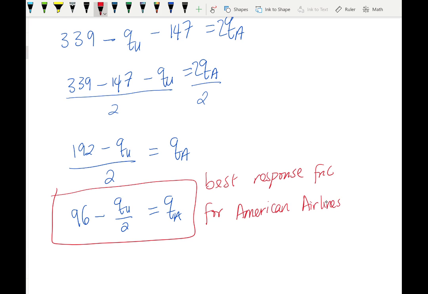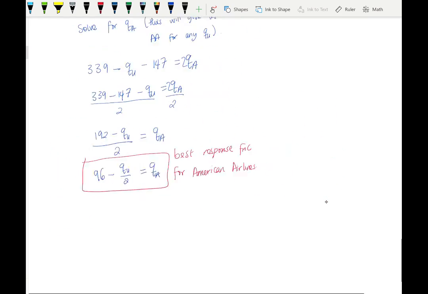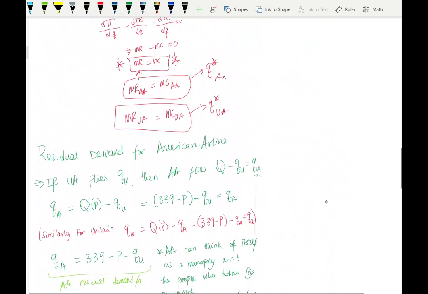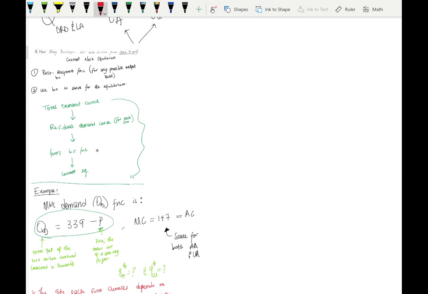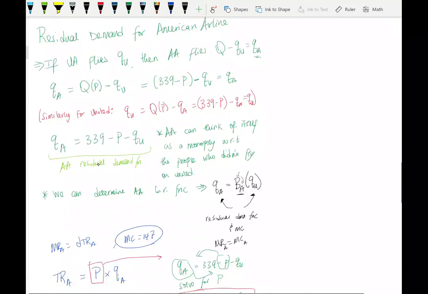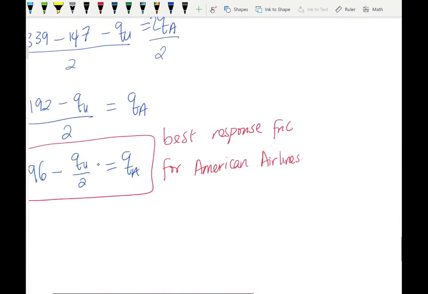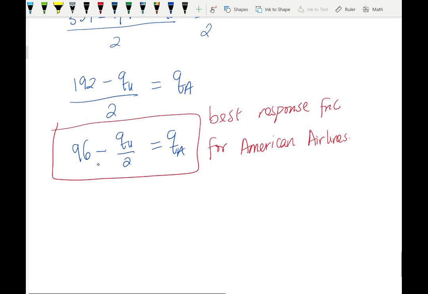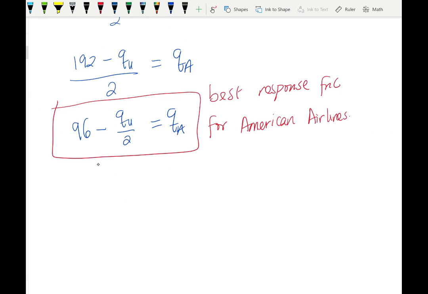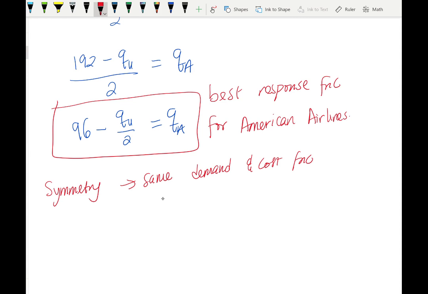We are partway through. Remember, to find the Cournot equilibrium, we need the best response function for both firms, and we're going to use that to find the Cournot. So we found it for one firm, and we can use that to find it for the other. The nice thing about symmetry like this, where they have the same demand function and cost function, and they're solving for Cournot, so simultaneous, same time choice,